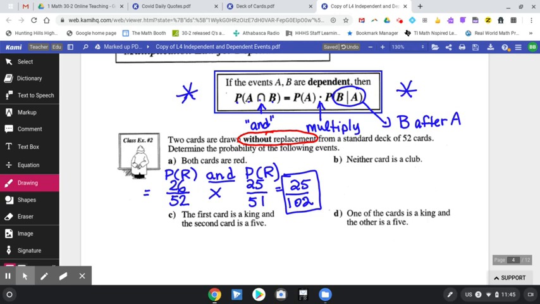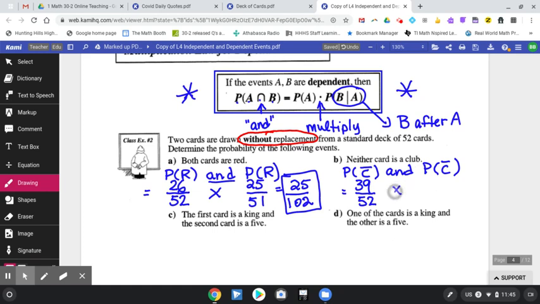All right, so on B, neither card is a club. Again, that sounds like one event, but there are two cards being drawn. So let's break it up into two different draws. Probability of not clubs on my first draw and probability of not clubs on my second draw. You really have to think very specifically about each draw. So on my first draw, 52 possible outcomes, and 39 of those are not clubs,